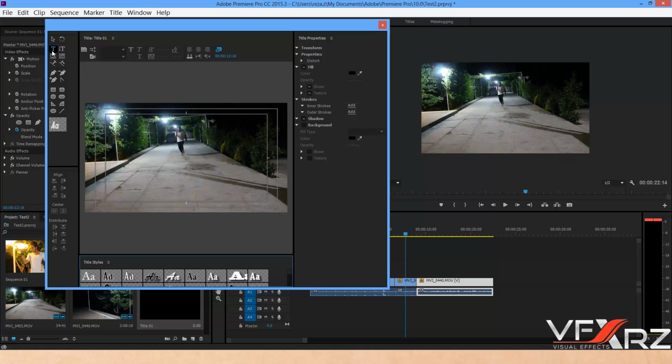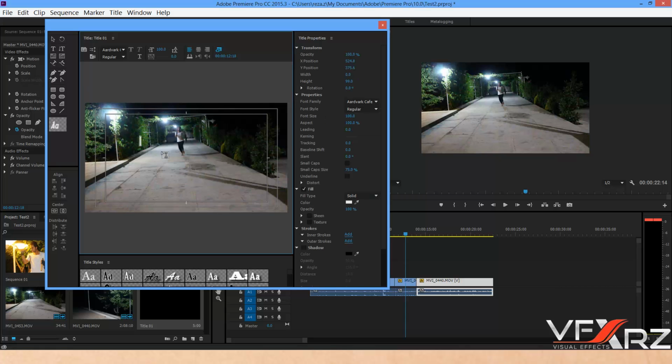If you want to add horizontal text, you should select this, and if you want to add vertical text, you should select this vertical tool. Okay, for example you want to add horizontal, select that, and now here select, very good. Now type your text, for example VFXRZ, that's good. Now you can highlight that and change opacity, for example, as you can see you can change that,